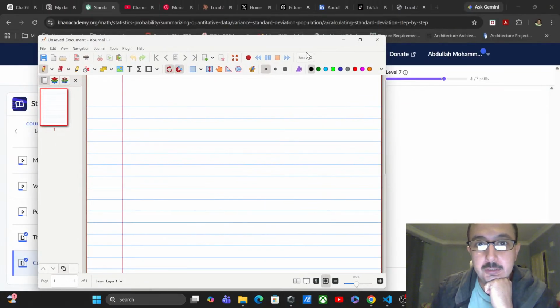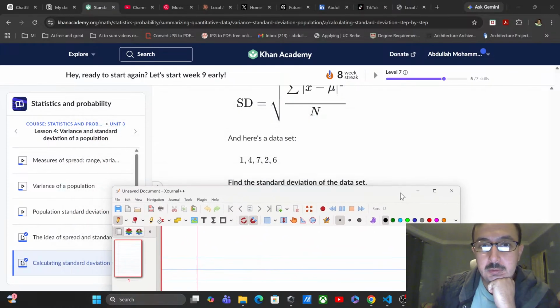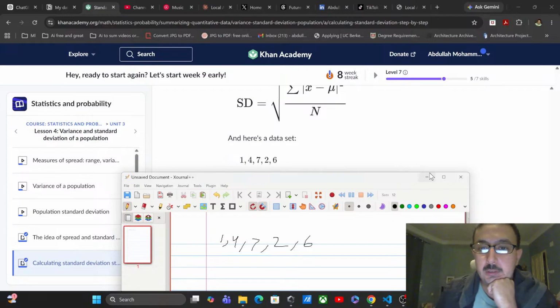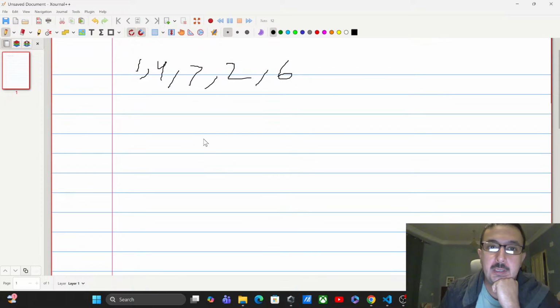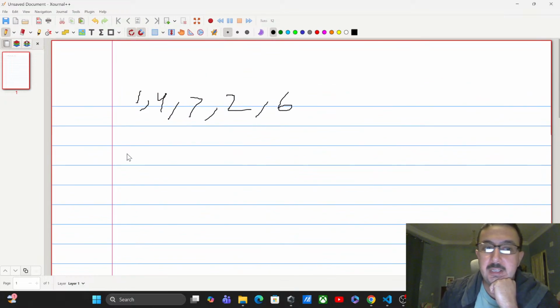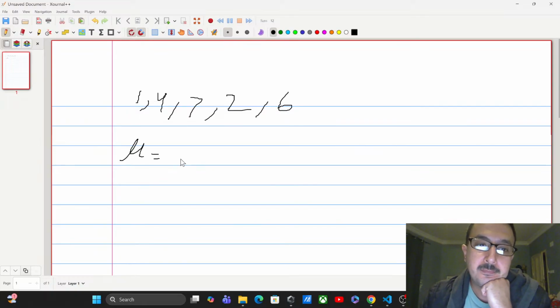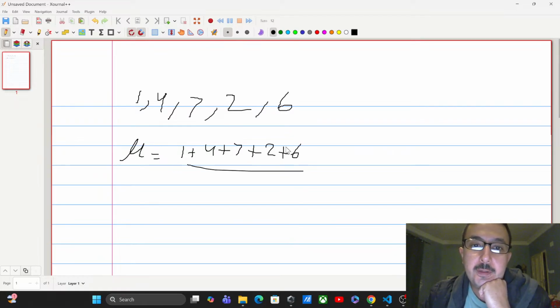The data points are 1, 4, 7, 2, 6. Okay. Standard deviation. I've got to get mu equals 1 plus 4 plus 7 plus 2 plus 6 over 1, 2,